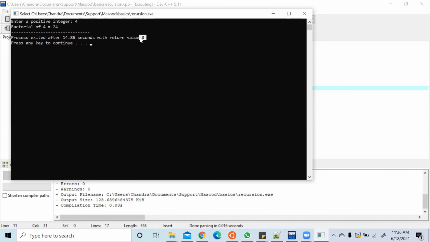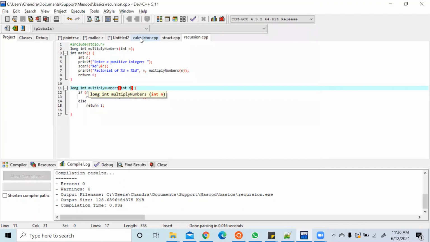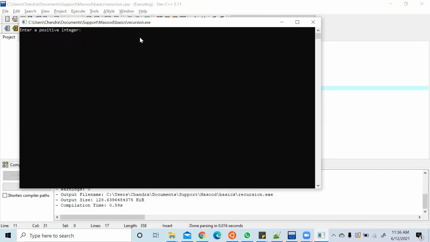It means it is success. So let us compile this code again and run it again. This time I will give a large number, 32,768. It is trying to call itself that many times. You can see the return value, right? I hope this is a stack overflow, and it is not able to calculate the factorial of this number, and it returned an error.